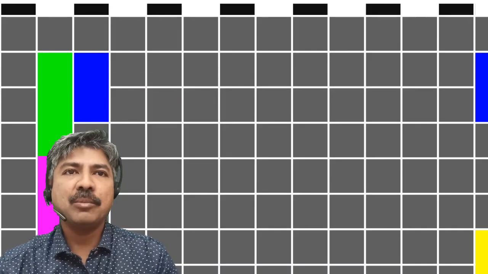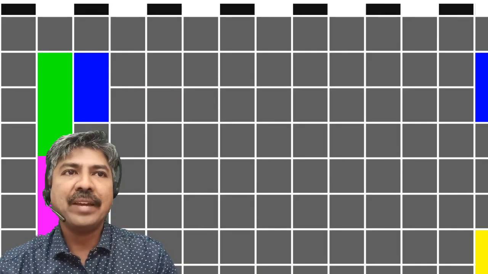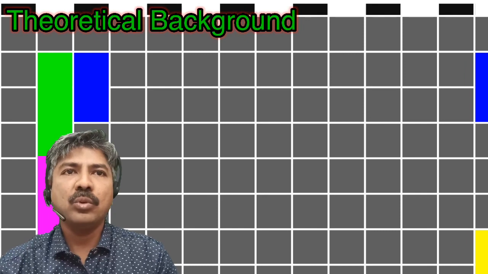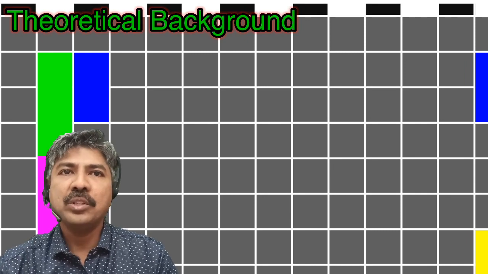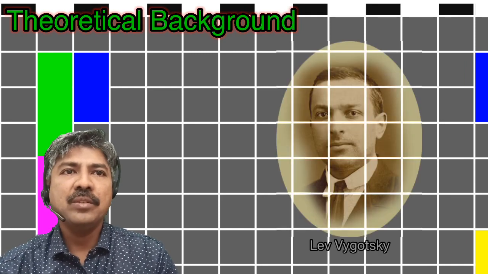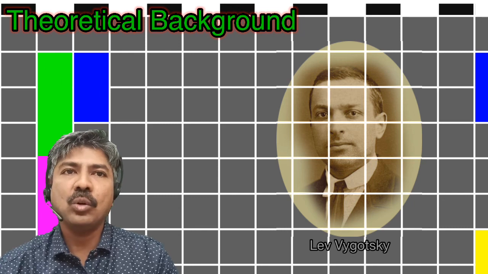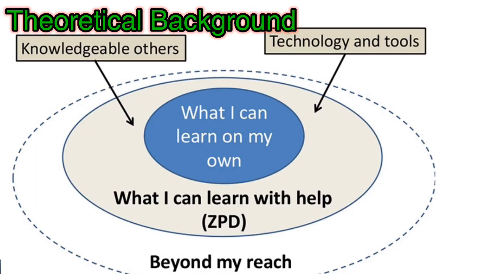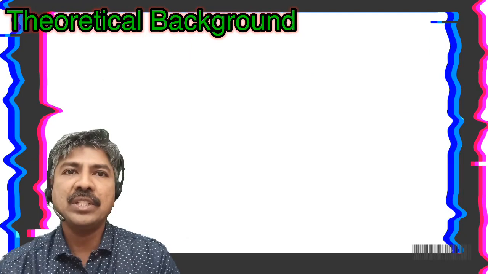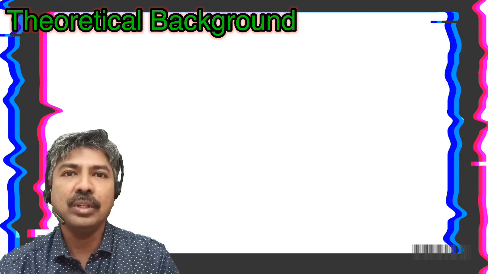So let me discuss some of the theoretical backgrounds on language development. I'll bring in just two people. The first one is Vygotsky. He believes language construction is based on the zone in which the child is exposed. The more one speaks to the child or allows her to listen and interact, the greater the child's grasp of language. He feels humans have no age limit when it comes to learning.